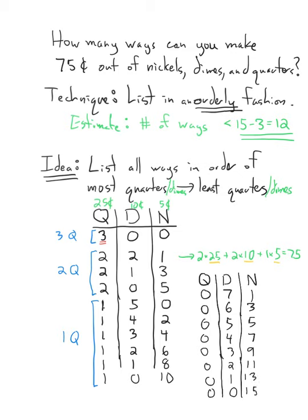And once you notice that pattern, the calculation becomes a lot easier. So here, this is no quarters. And you can see by being systematic, we're sure that we didn't miss a case. So let's count the number of ways. We have 1 plus 3, that's 4, plus 6 is 10, plus 1, 2, 3, 4, 5, 6, 7, 8 is 18. So we have that the number of ways is